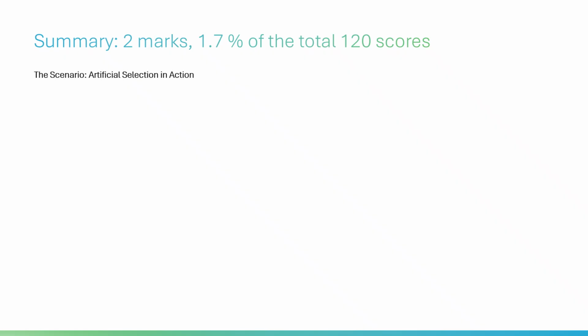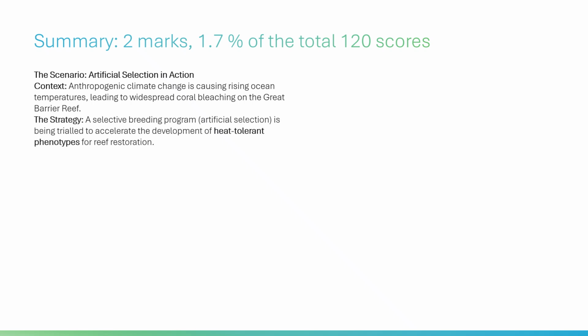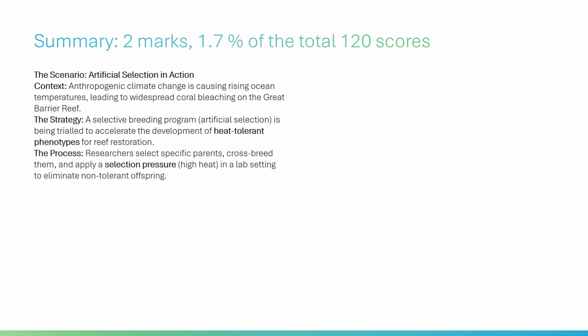The scenario: artificial selection in action context. Anthropogenic climate change is causing rising ocean temperatures, leading to widespread coral bleaching on the Great Barrier Reef. The strategy: a selective breeding program, artificial selection, is being trialed to accelerate the development of heat-tolerant phenotypes for reef restoration. The process: researchers select specific parents, crossbreed them, and apply a selection pressure, high heat, in a lab setting